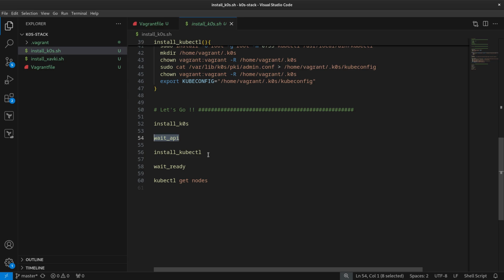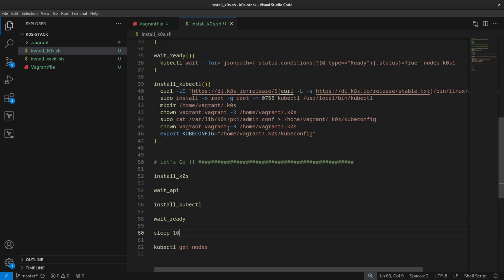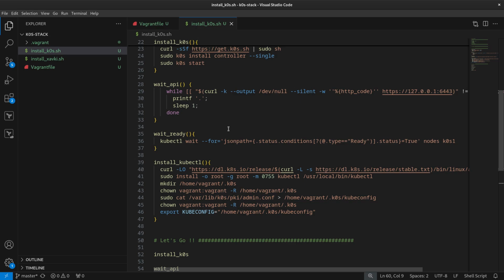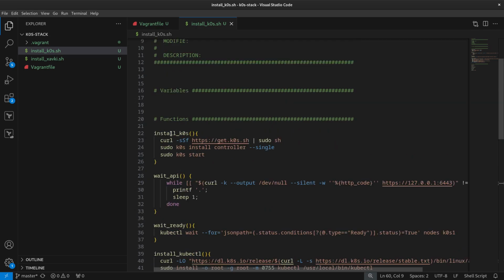After that we install kubectl like we did before, wait for the cluster to be ready, and finally run a kubectl get node. Maybe we add here a wait of, for example, 10 seconds to be sure that we have a cluster up.